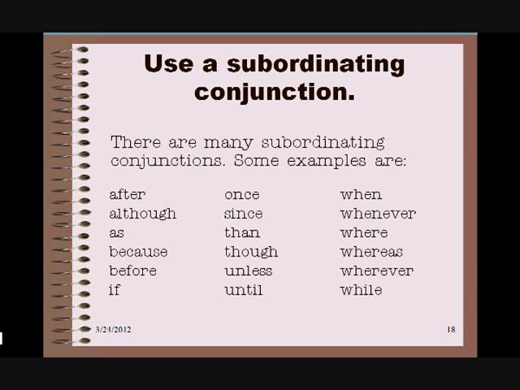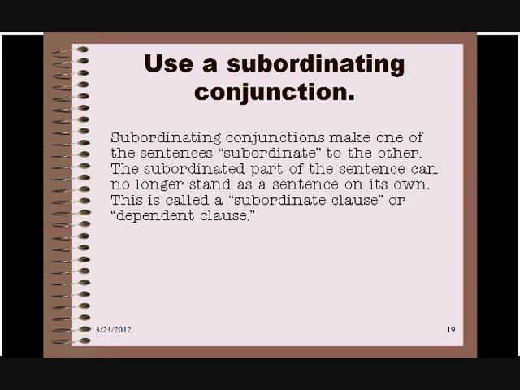So, what's a subordinating conjunction? There are many, many subordinating conjunctions in English, and here's a list of kind of the more common ones. So anyway, this is how you would use a subordinating conjunction. A subordinating conjunction takes one of those two sentences and makes it subordinate to the other. And what that means is that the subordinated part of that sentence can no longer stand as a sentence on its own. And when that happens, that part of the new sentence becomes what's called a subordinate clause or a